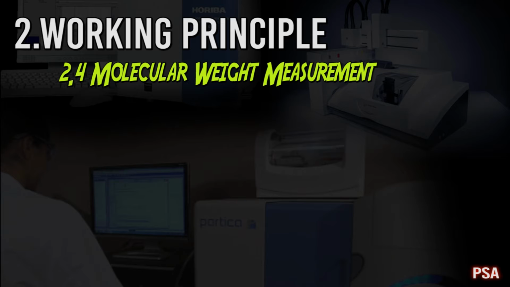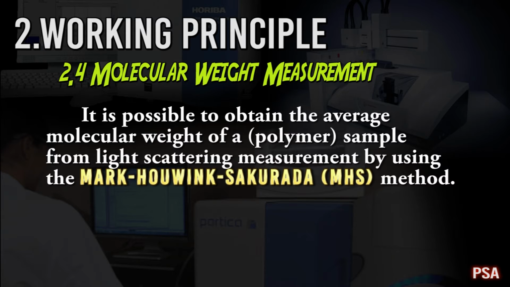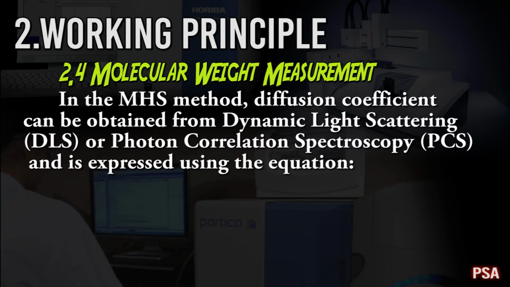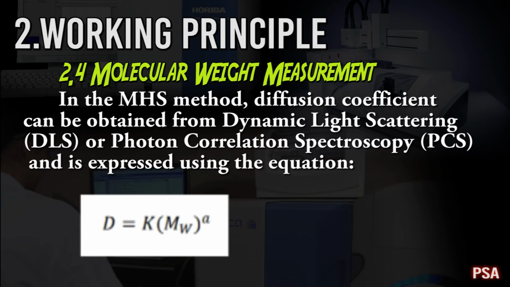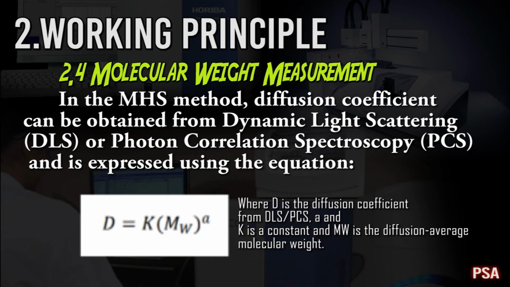For the principle of molecular weight measurement, it is possible to obtain the average molecular weight of a sample from light scattering measurement by using the Mark-Houwink-Sakurada or MHS method. In the MHS method, the diffusion coefficient can be obtained from dynamic light scattering, DLS for short, or photon correlation spectroscopy, PCS for short, and is expressed using the equation D is equal to K times MW raised to A, where D is the diffusion coefficient from DLS PCS, A and K are both constants, and